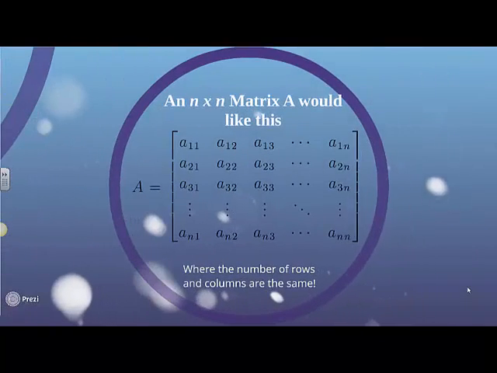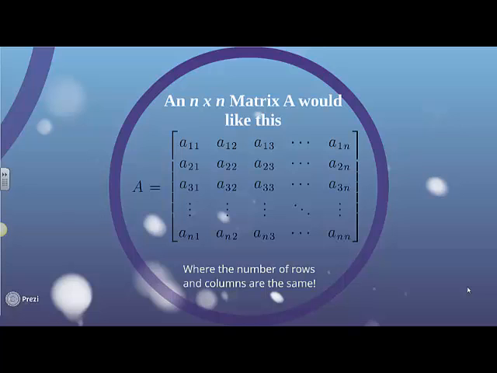So now we move on to the key component within this theorem of equivalences, which is that our matrix A has to be n by n. It's got to be a square matrix. And what a square matrix looks like is that there's the same number of rows as there are columns. So you can see here that we have,